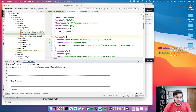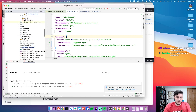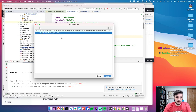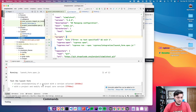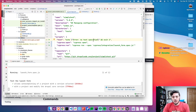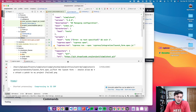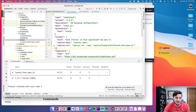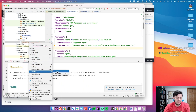So here you'll see when we did run, it ran the form and it should be creating videos. Awesome, it is. So I'm going to wait for that to finish to go through. So again, I hope I don't have a good answer because really I do like Nightwatch a lot, and that's what Drupal core uses. But when it comes to writing tests, it's basically the same output. So that failed. So now if we go open in Finder,